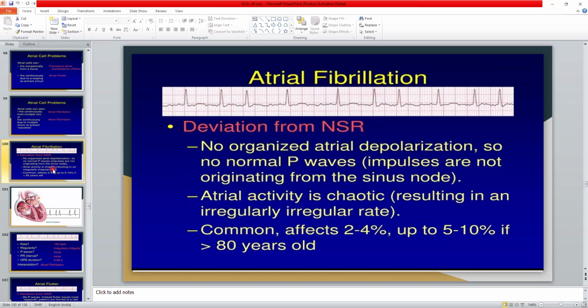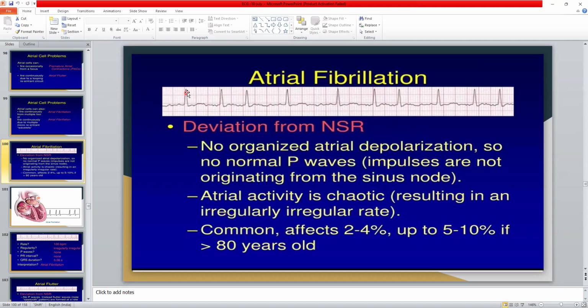What is atrial fibrillation? Here, the atrial cells fire continuously from multiple foci. So, there is no organized atrial depolarization, so there are no normal P waves. Impulses are not only generating from the SA node, they are generating from the other foci also. So the atrial activity is chaotic, resulting in an